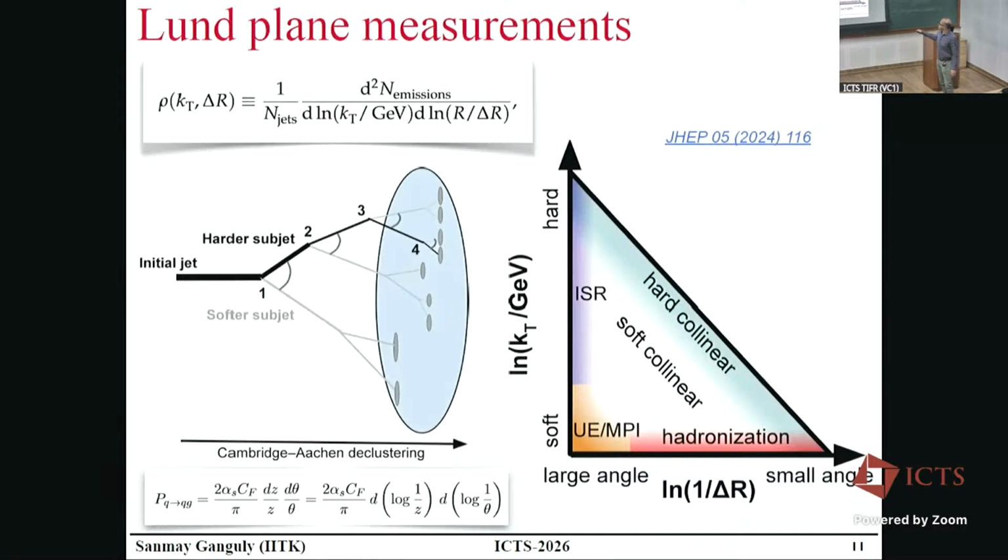And where this emission is happening carries a whole lot of information. So in this plane of log(1/θ) versus log(1/kT), where kT is essentially the energy scale times z times θ, it's a bit modified representation. Different regions denote different kinds of parton fragmentation. Here there is something called hard collinear fragmentation. When you come down here, soft collinear fragmentation, and different kinds of partons, depending on their interactions, lie in different regions. At least their primary emission lies in different parts of this plane.